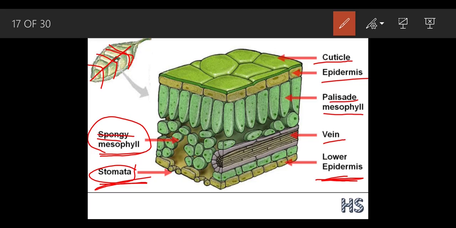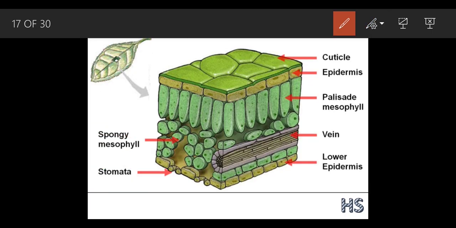So before starting this cross section of a leaf, we would start with the basic definition of diffusion. What does diffusion say? Diffusion says movement of the substance from the region of higher concentration to the region of lower concentration. Okay, this is the definition. Now, why did I make you learn this definition? Because I'm going to explain the process, like how the plants lose water from the stomatal side, like this, from here. So for that, diffusion is quite necessary.